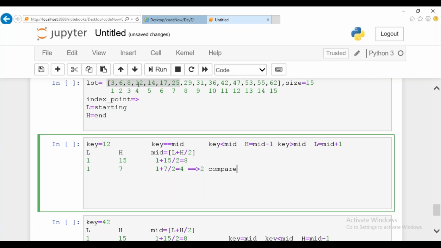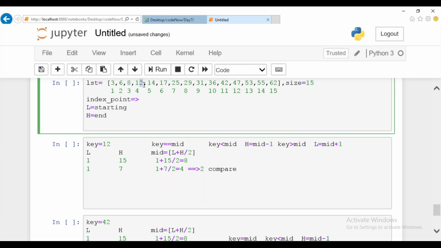For the same 12, if I had given it in linear search, how many comparisons should I have made? I should have made 4 comparisons: 1, 2, 3, 4. 4 comparisons are required. Now, if the same element is given in binary search, you can notice that I'm doing the same operation within 2 comparisons. It is not required for me to have 4 comparisons, n comparisons not required, only 2 comparisons.